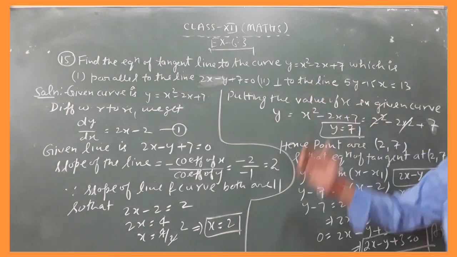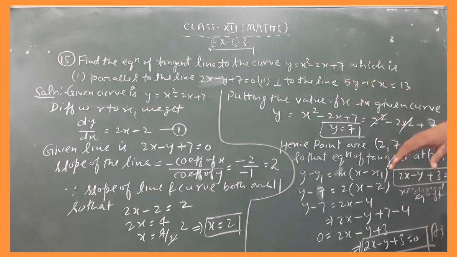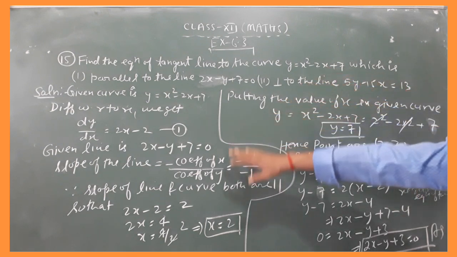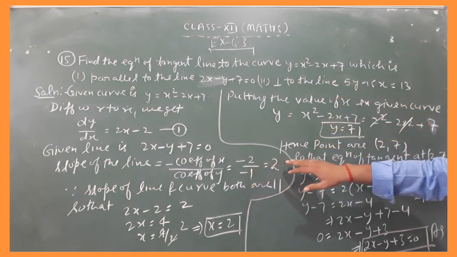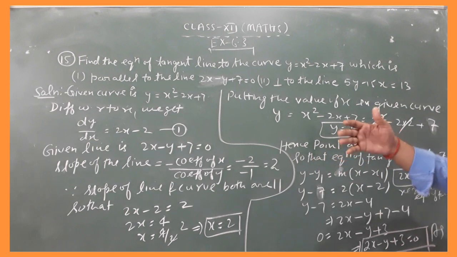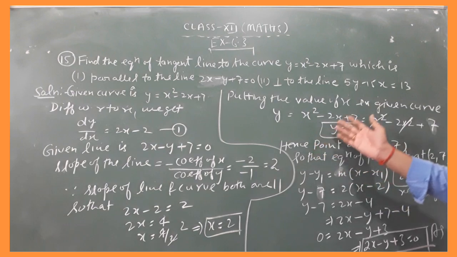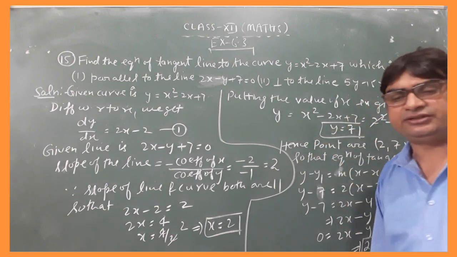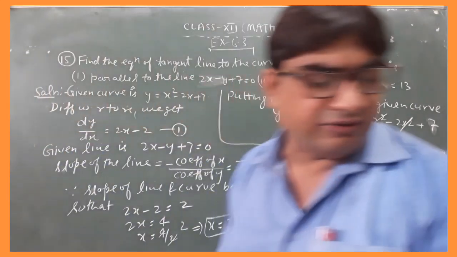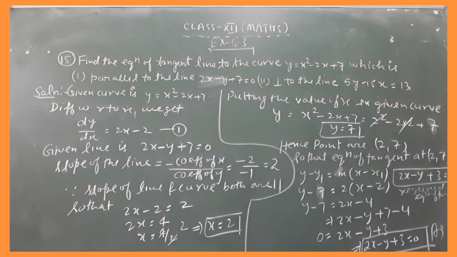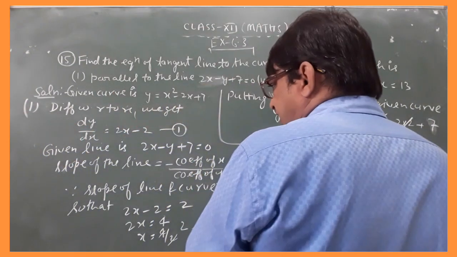Next, if you want to find the tangent perpendicular to the line, differentiate them, same thing, and with the help of this formula we can find the slope. Since this slope is perpendicular to this, it is minus 1 by m. Equating, we get the value of x, and putting the value of x we get the value of y. So this is the first part, student. Second part is that